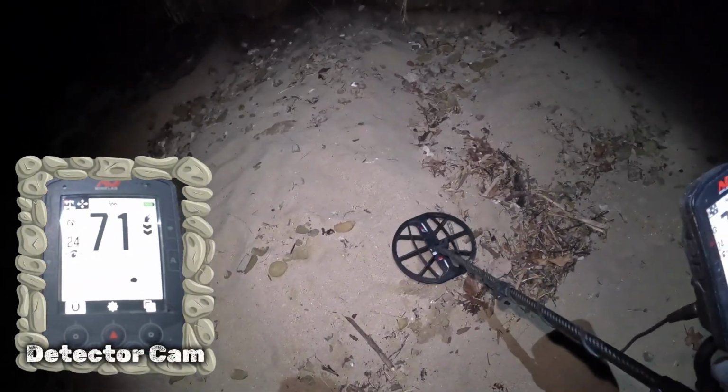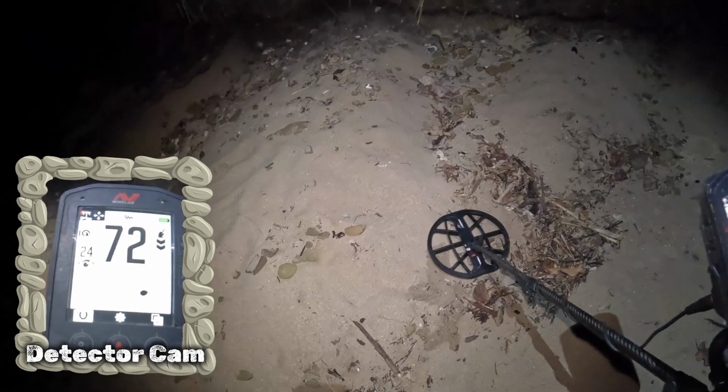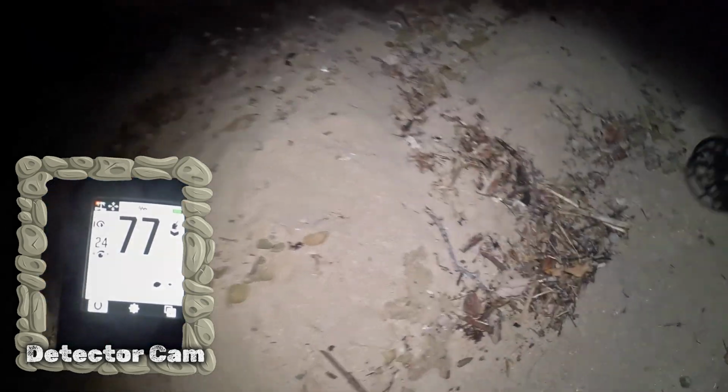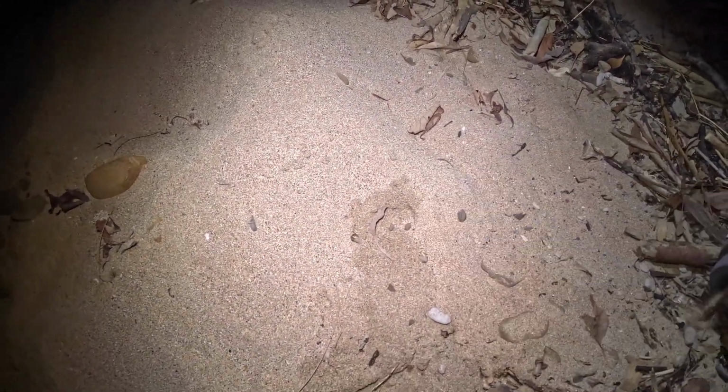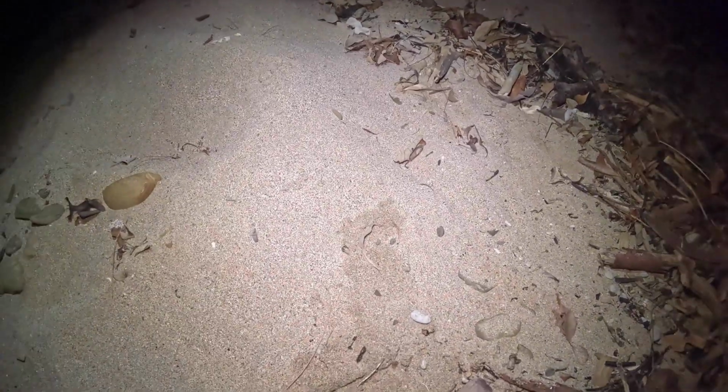All right, well, we've got another lovely high 70s tone here, very similar to that last one that we dug up that was a sixpence. I wonder if this could be more of the same. Let's have a go. Oh, that's low 70s now. Okay, let's find out, shall we? I'd say now that it's switched to a low 70s, it's actually probably more likely to be a 1 cent, but oh